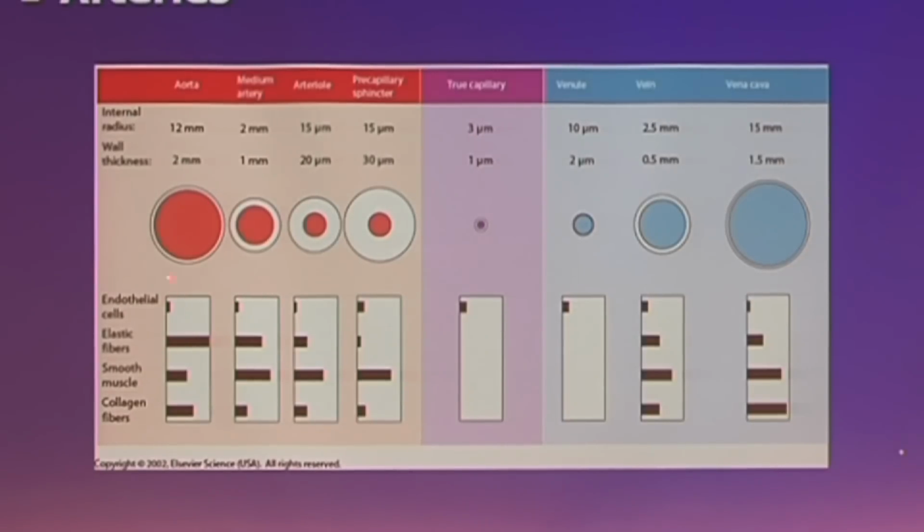But take a look at the other stuff. I have this later on as well, so if you want to take a picture, take it, but we'll come back to this. Take a look at the elastic fibers. The aorta has a huge amount of elastic fibers, and so do medium arteries and even arterioles. These elastic fibers are essentially like springs that the heart, jamming the blood into arteries, loads up. And then once the heart is relaxing, you have a slow squeeze of the blood downstream.